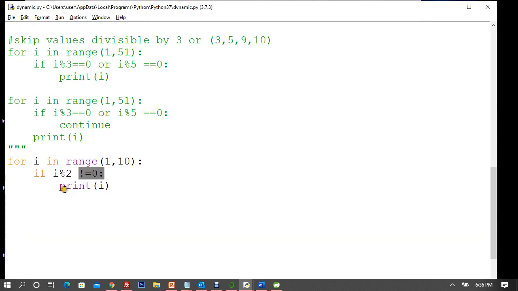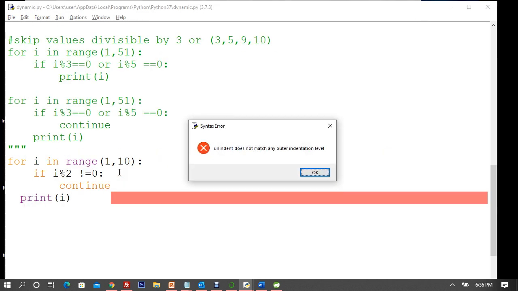not. Now what if I want the opposite of that? I cannot print it inside the if block, so I want to go outside the if block, right? What will happen to the if block? I'll say continue your loop, but only print I. You are going to continue the loop only when this is true. So you are going to skip those, right? So now once I continue